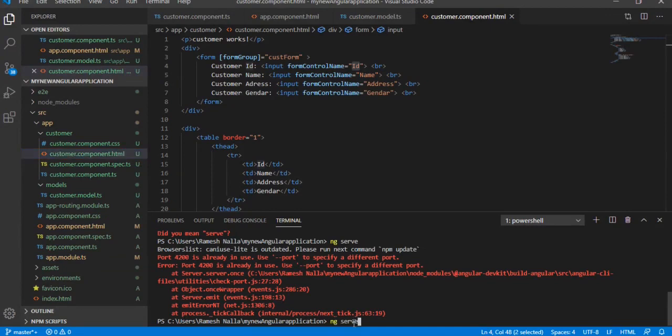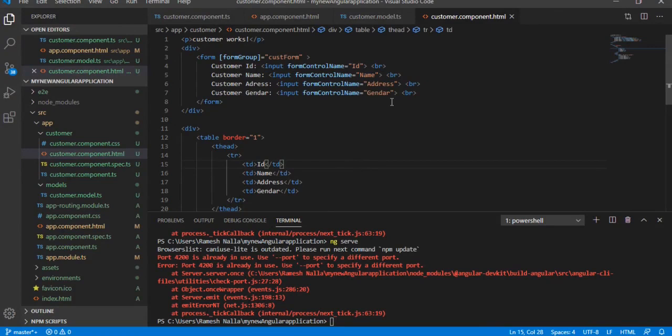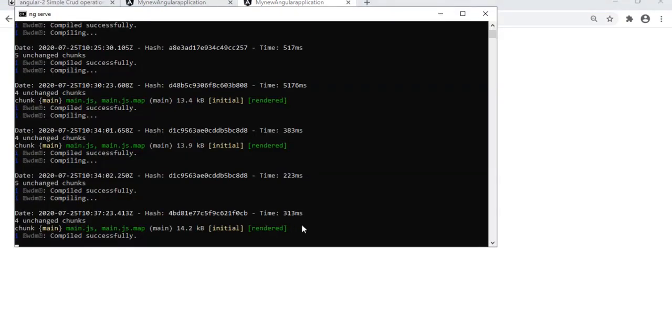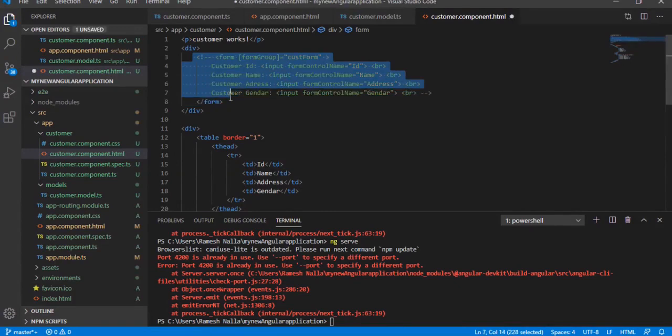ng serve. Just comment these lines. Control C, save it.